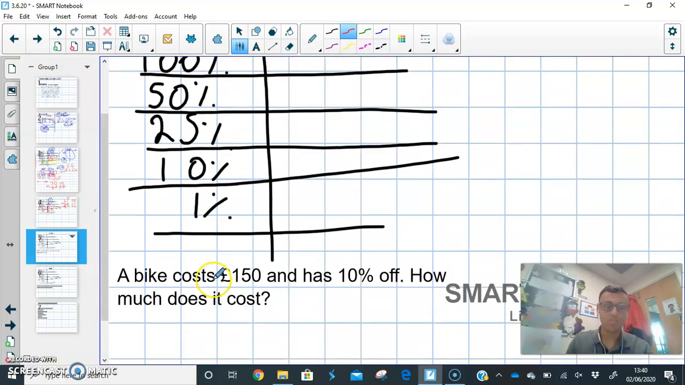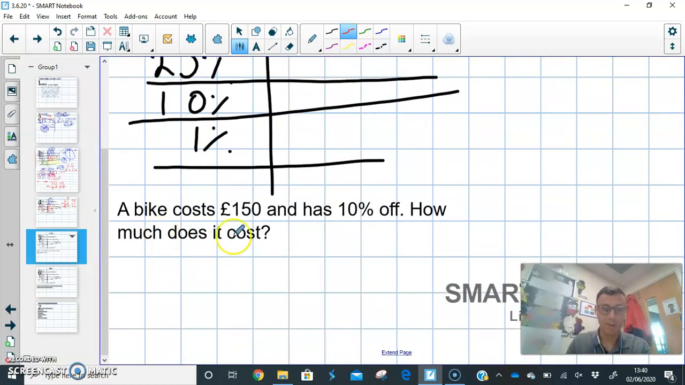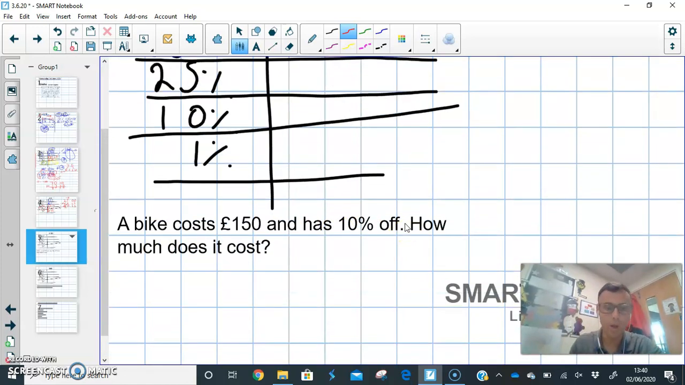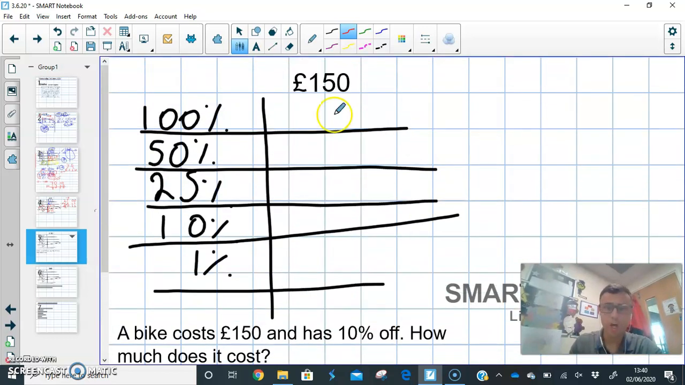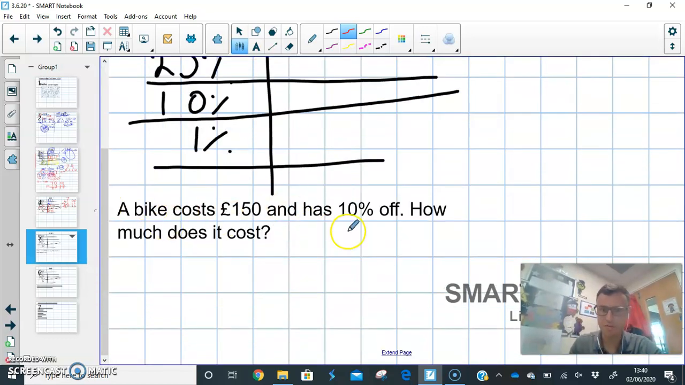Now, then you can get questions which involve finding percentage, 10% off or percentage off. So we reduce, we take some of the number off, it gets smaller. So £150, it says a bike costs £150 and has 10% off. How much does it cost? Well, £150 and I need to take off my 10%. Well, take 10% of 150,